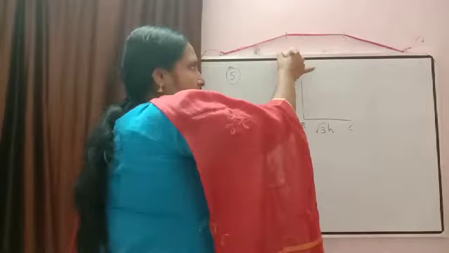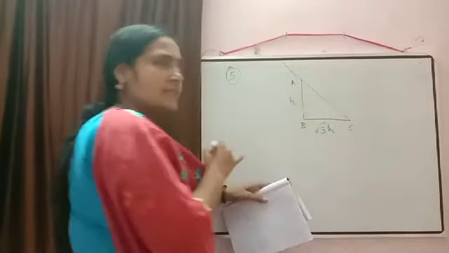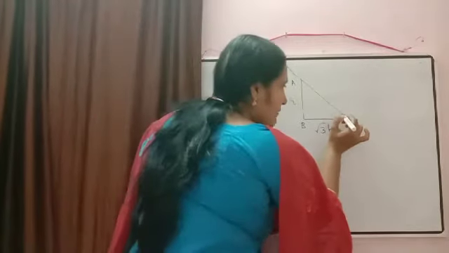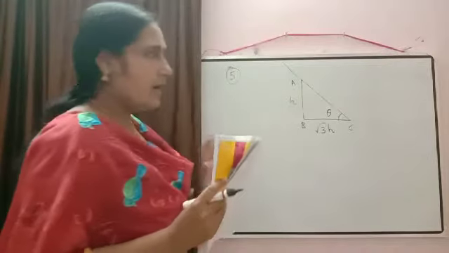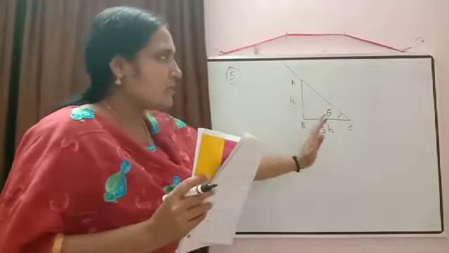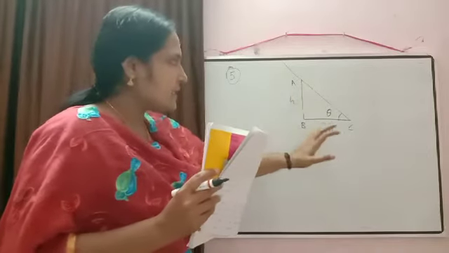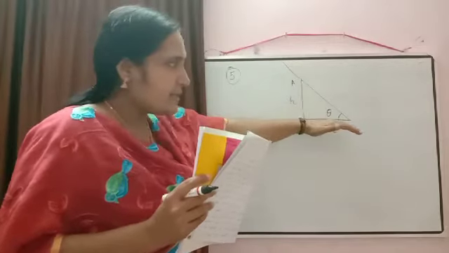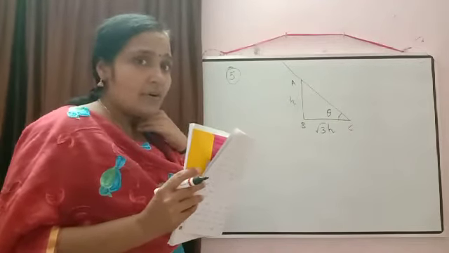Obviously the sun is at the top. So if we draw the line of sight, it will come in this way only. Here we have the sun. So this angle we have to calculate. What will be the value of theta? Again, based on these two pieces of information, what are the two pieces of information given? The relation given is between the side opposite and the side adjacent. Which trigonometric ratio?